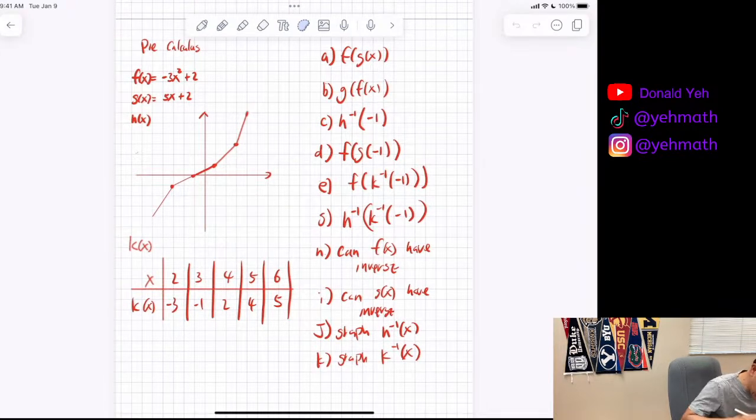E, right? E is basically asking this, so it's kind of challenging. Wait, am I sharing screen, right? No. Why is this thing in the middle? Okay, so